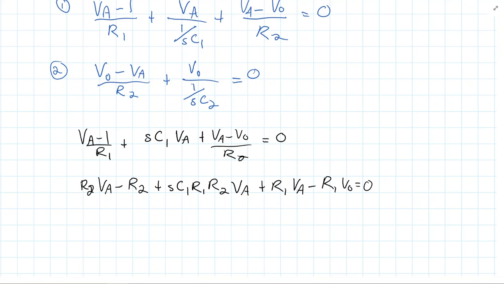Alright, so let's go ahead and kind of separate this as far as VA and everything. So we have an R2 plus SC1 R1